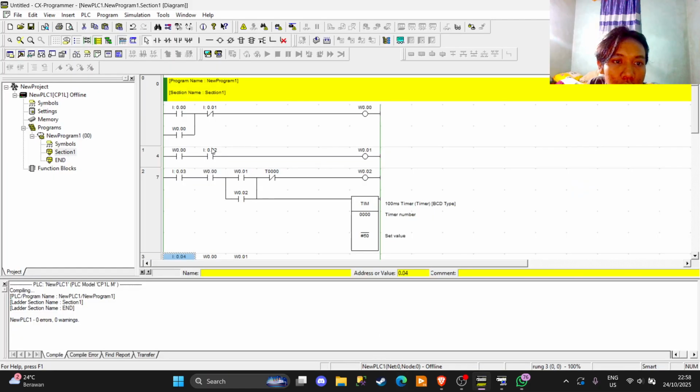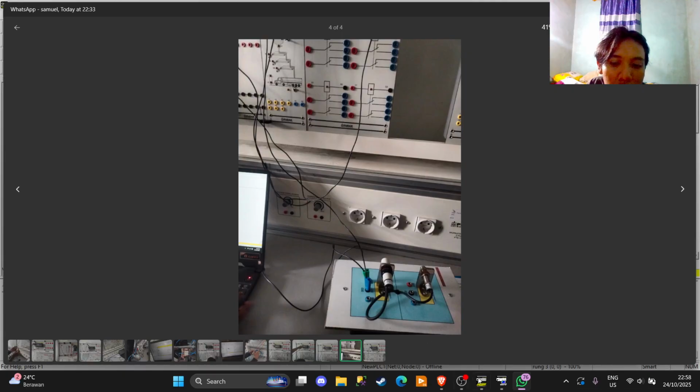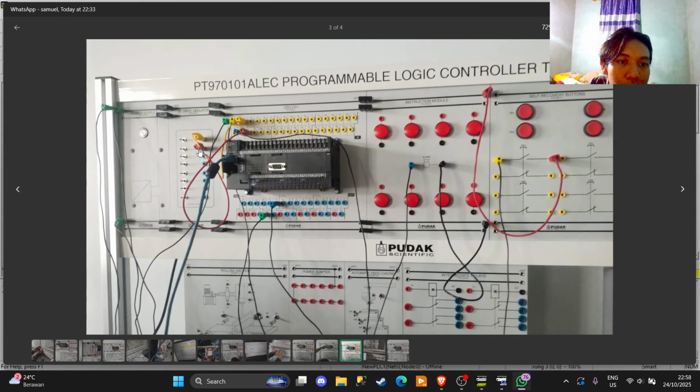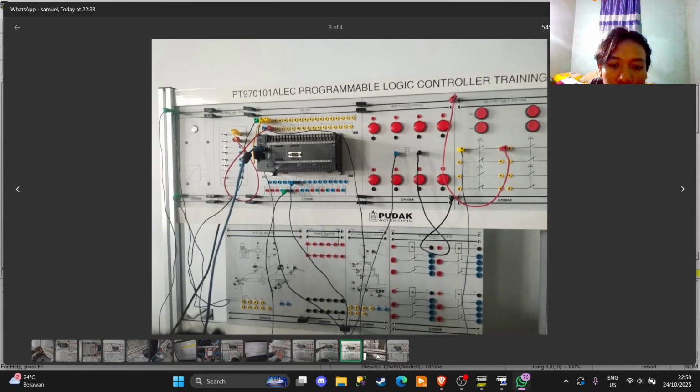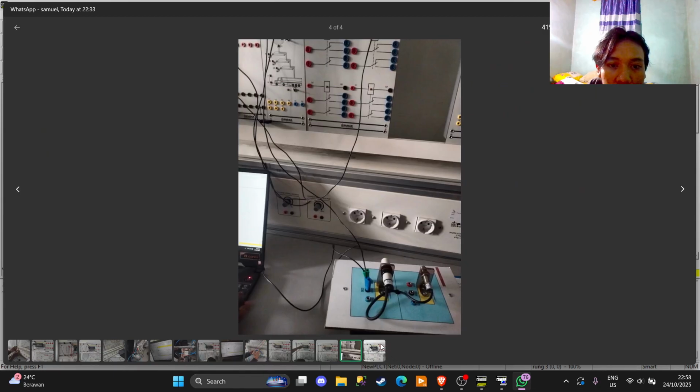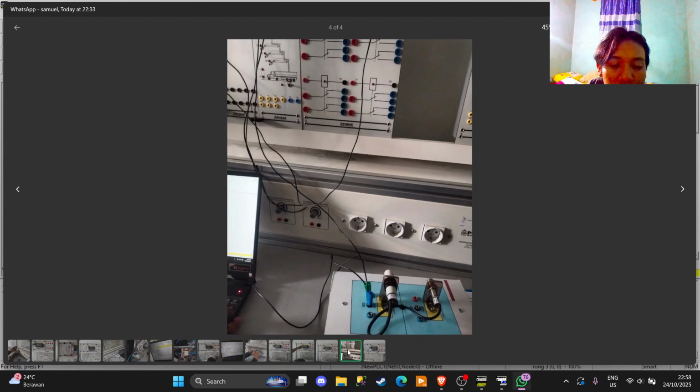The 002 is going to the proximity sensor. 003 is to a switch, 002 to the switch, and then the 004 is to another switch. This blue is going to here.